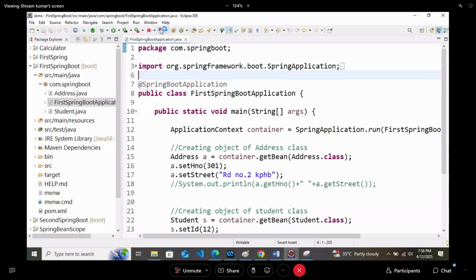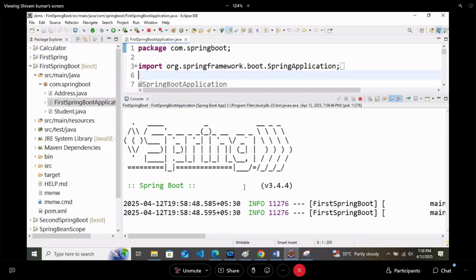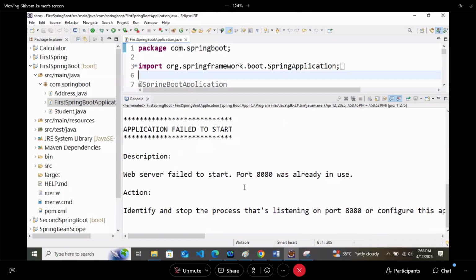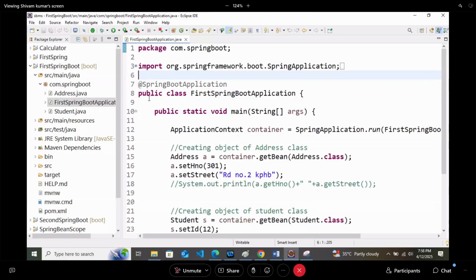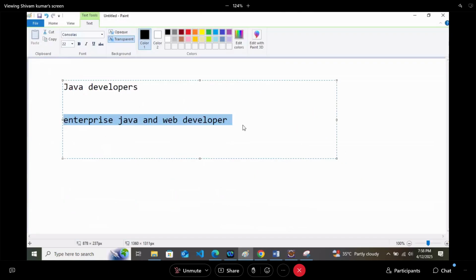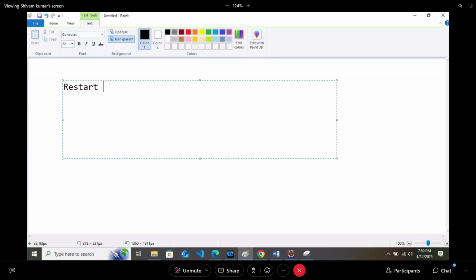So now it is relaunching, right? Relaunching is also not working. When relaunching is not working, you have two simple options: restart the IDE, and second is kill 8080 using command prompt.